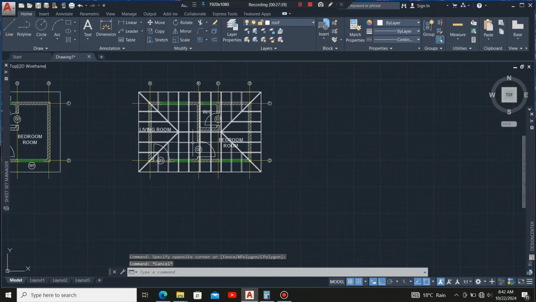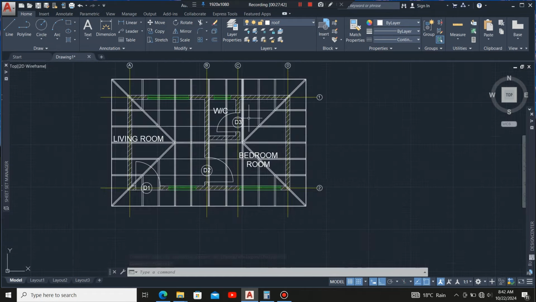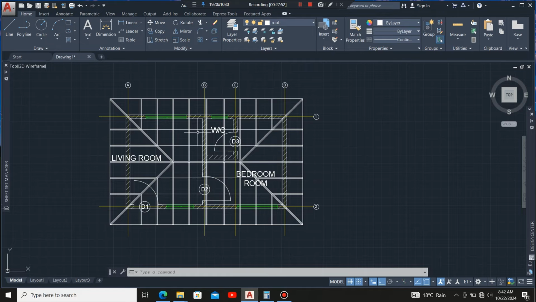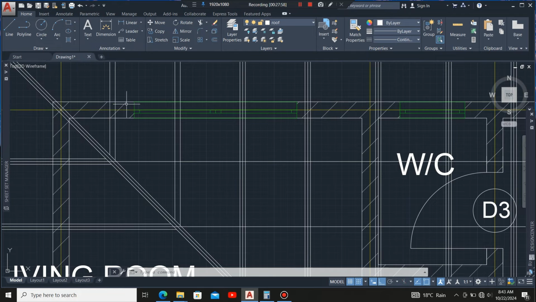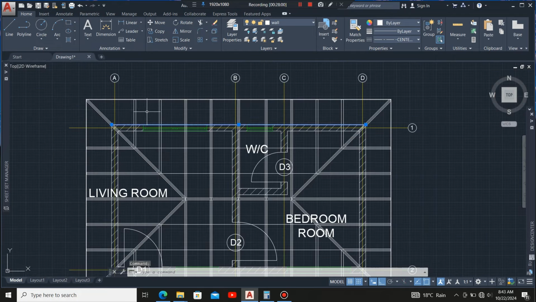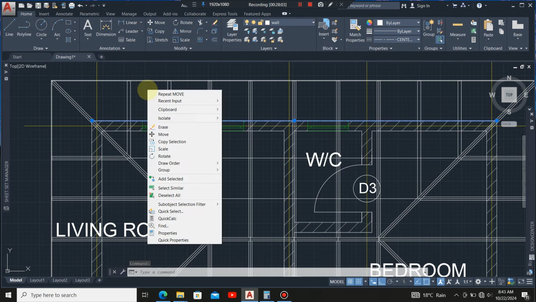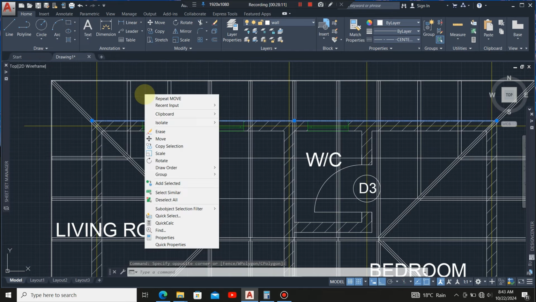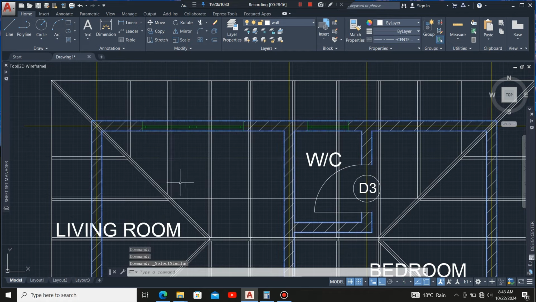So after that, we are done with putting the common rafters, the hip rafters, the jack rafters. So it's time to label our drawing. So before that, I'm going to reduce the transparency of the external walls and the internal walls. So I'll click at one of the lines at the external walls, then I right click, I select similar, then